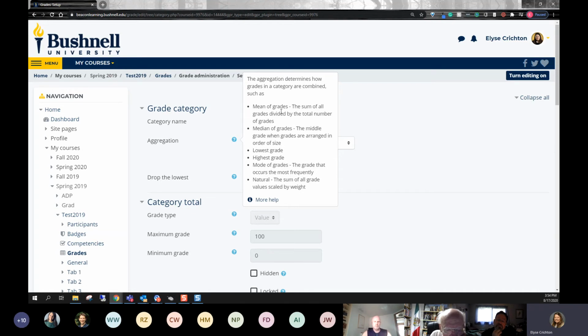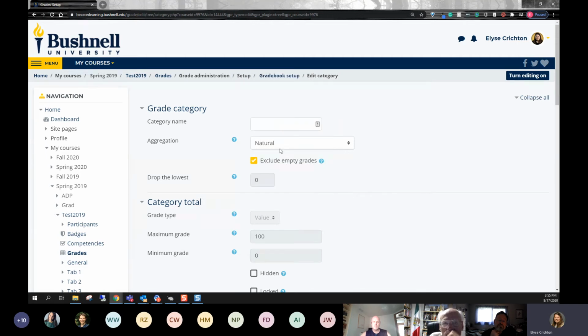But I've also seen a couple people use, like in the nursing program, Linda, I don't know if she's on the call, but she does the simple weighted mean of grades, I believe, which basically turns it into a percent. I like the natural because it's the most flexible, I think, and it's also the easiest to follow for students and instructors to find out if something did go wrong, like what the problem was. So again, that's what I recommend, but it is up to the instructor. Any questions on that so far?